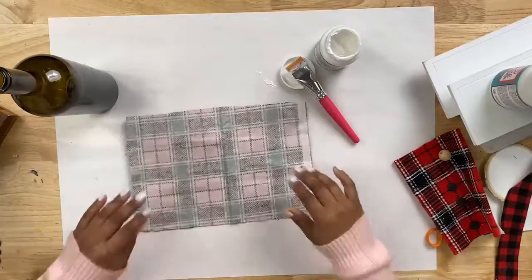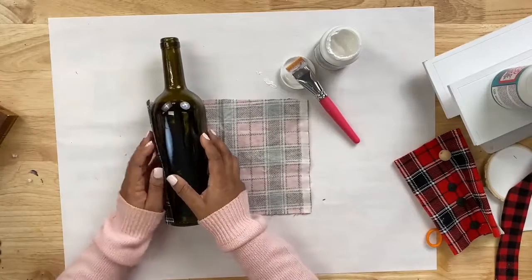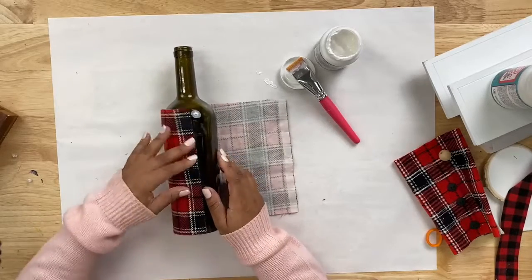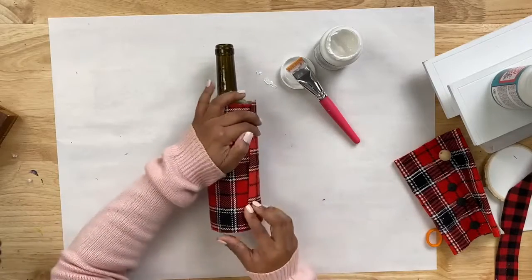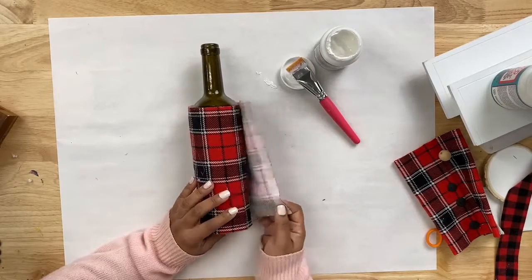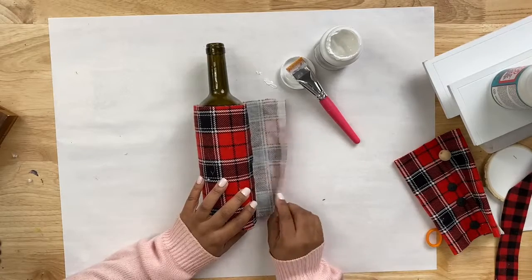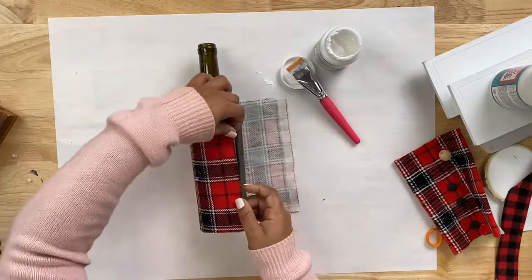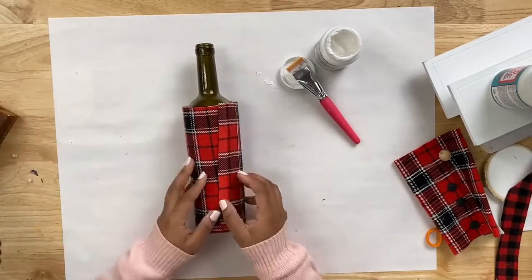So we are going to start by first measuring out the fabric to match the size of your bottle. So you're just going to cut a piece and you're going to roll your bottle. And then you're going to cut until you get the size that you need. And I would say maybe cut an extra 1 to 2 inches just in case, because we do need to fold these ends in, so that will shorten it. But also, you just kind of want to give yourself a little bit of extra space